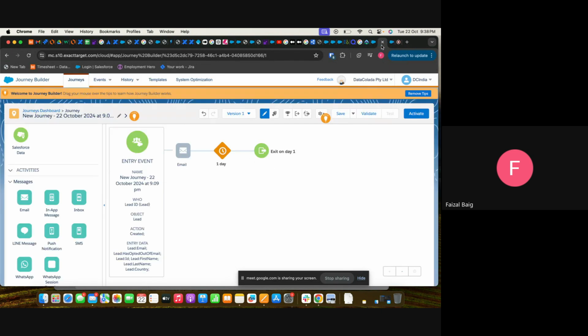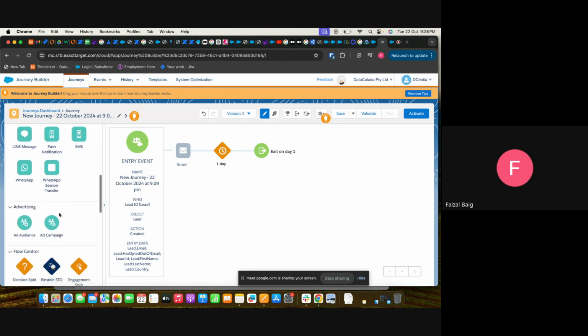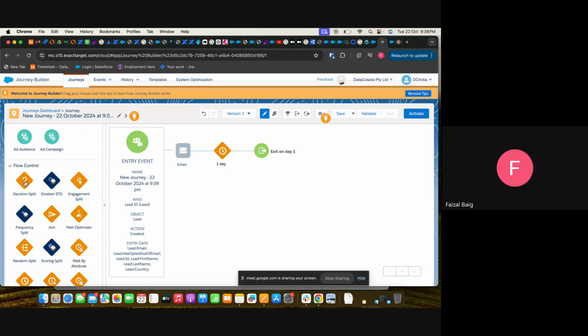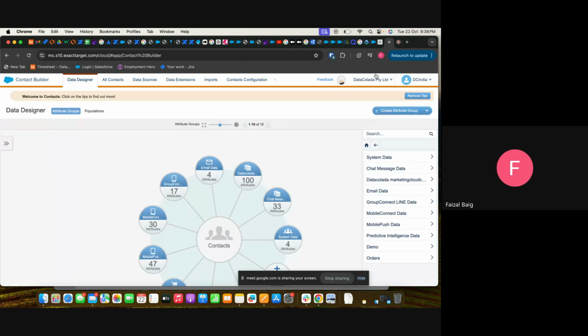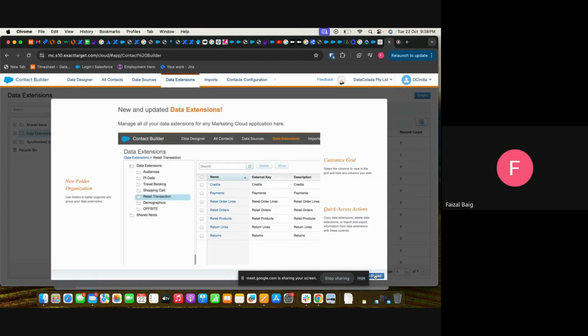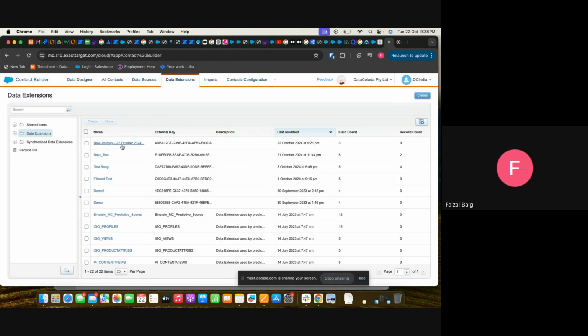Refresh. Now email, one day we have added, and we have a decision split. We need to check whether it's getting updated as the field.